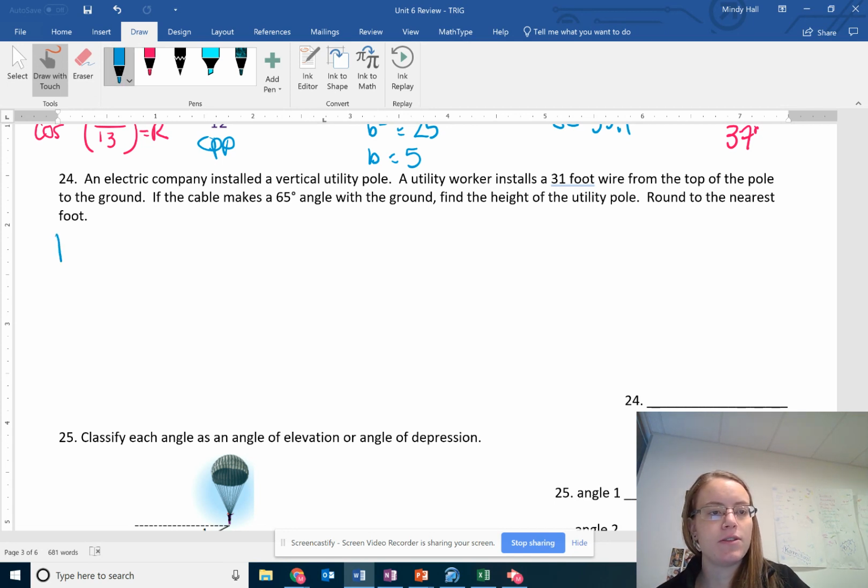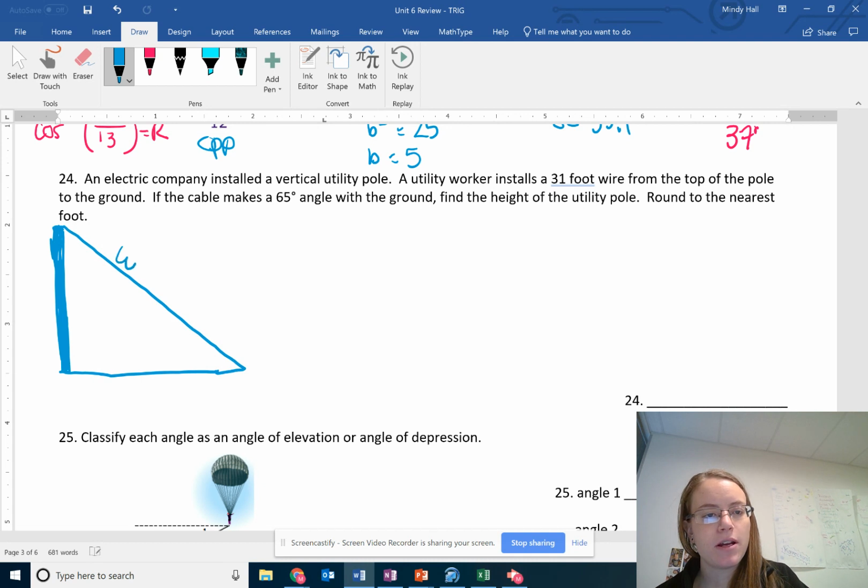So we have our cute little utility pole. I'm going to make it nice and thick so I realize it's a pole. And this pole has a wire that from the top of the pole comes straight down to the ground. And if you want, you can even label the picture. It might help some of you. So we know that this wire is 31 feet